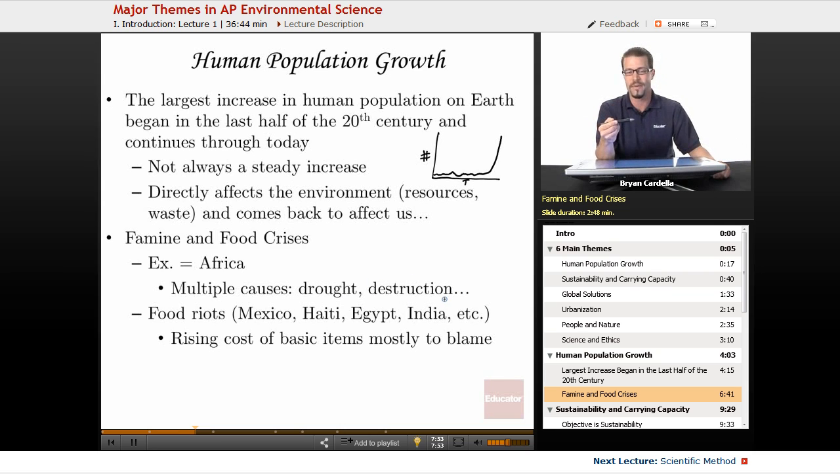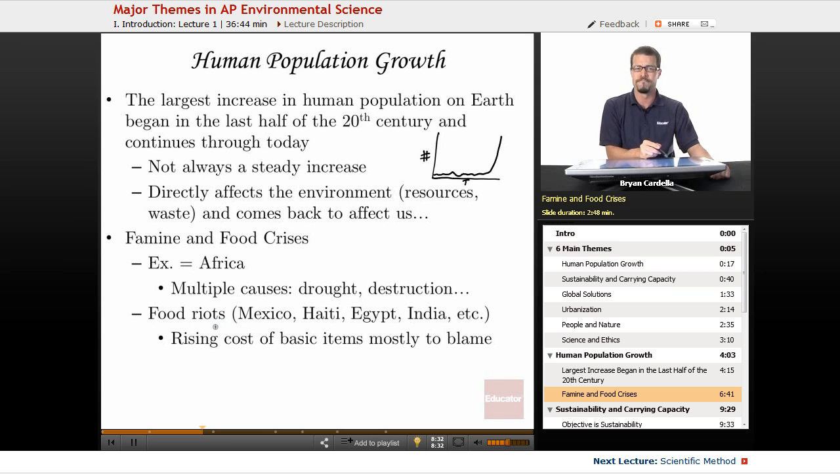Destruction of their natural habitat also contributed. And some of that is political situations, rival factions, and as part of their warfare, destroying villages and destroying crops. And that's going to have a negative impact. That's going to lead to famine and death. So these two and other causes resulted in that major situation in the 1970s. And by the 1980s, people in the United States started to catch on, like, hey, this is a major problem. And there was more aid going into Africa from that point on. It's not over yet. It's a continuous problem, and it's not just in Africa.